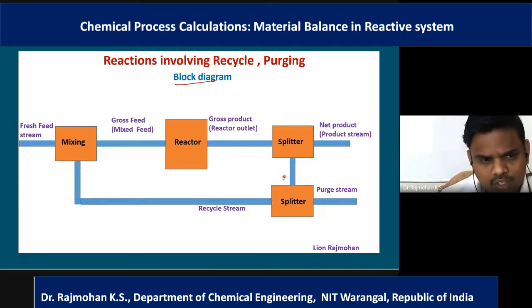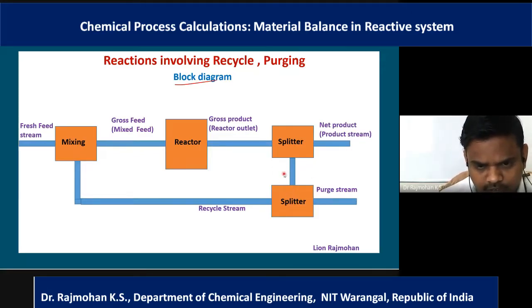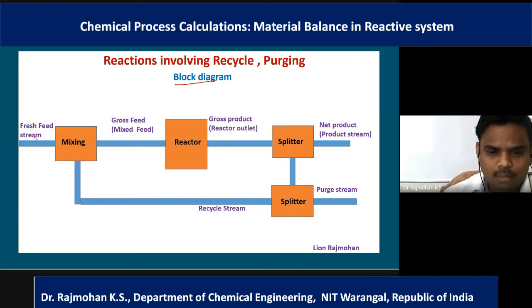Remember, this splitter is optional. If the feed contains inert, in that case there will be an additional splitter where a portion is purged out. It is simply a splitter. There is no reaction or anything taking place, so the composition here, here, and here will be the same. Here it may change, because if they say that pure product is leaving, in that case this may not be present. Otherwise the composition of A, B, or all the components is going to be the same. The amount may vary. If 100 kg mole is coming out here, and 20 kg mole is taken out as fresh product, then it is going to be 80. Out of 80, if 60 is recycled, only 20 will be withdrawn as purge. So the material balance across each unit is applicable.